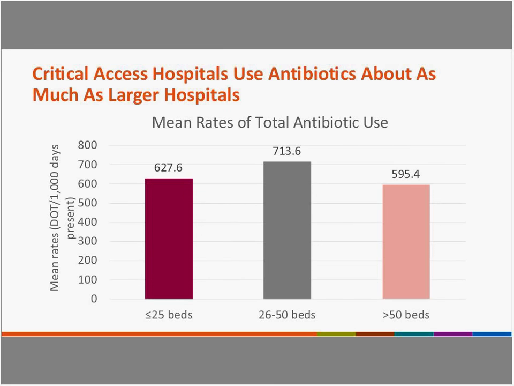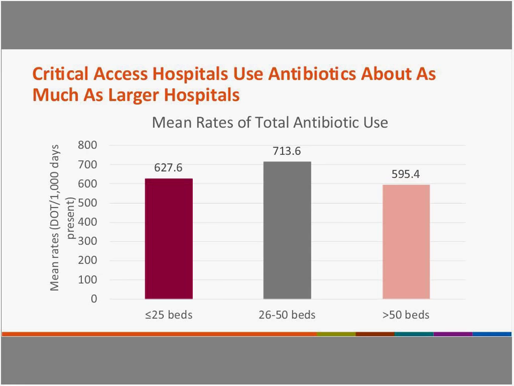This is a breakdown of rates of antibiotic use reported by hospitals of different bed size, reported into the CDC's Antibiotic Use Option. And as you can see, there's really no significant difference between the smallest hospitals, critical access hospitals, fewer than 25 beds, and our larger hospitals. And so antibiotic use is about the same in any size hospital that you go to. So it's not like antibiotics are not being used at critical access hospitals. At the same time, we know that